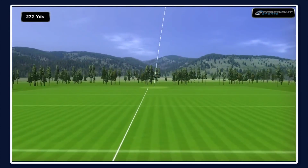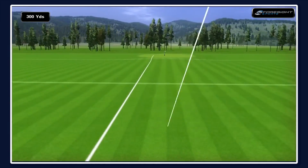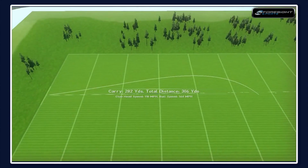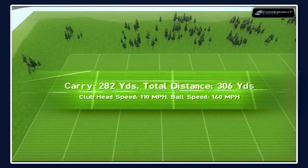You can see the ball flight, that's pretty impressive. And it's big. Over 300 yards total distance. 282 carry. So the carry was pretty impressive there. Now,